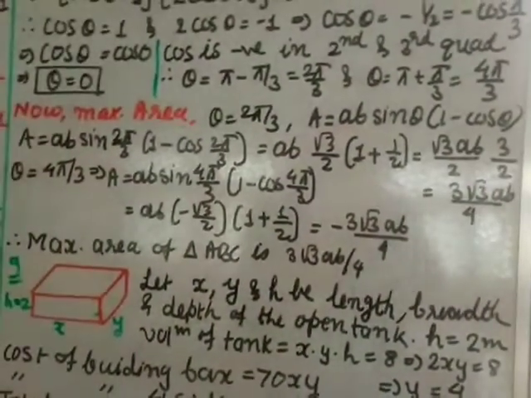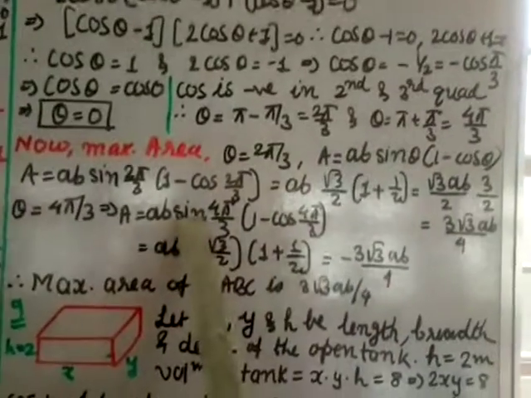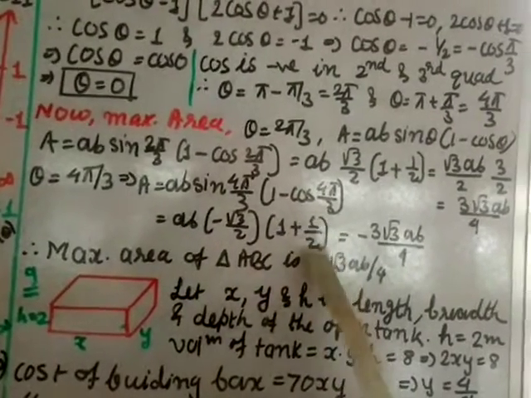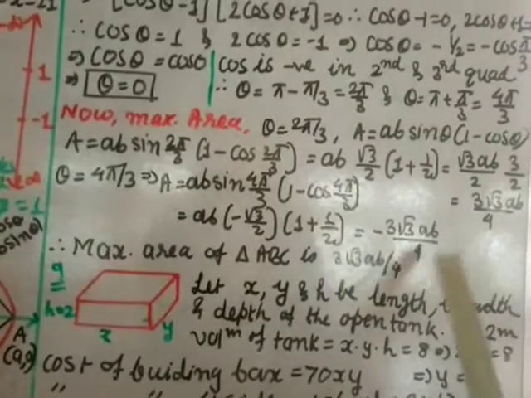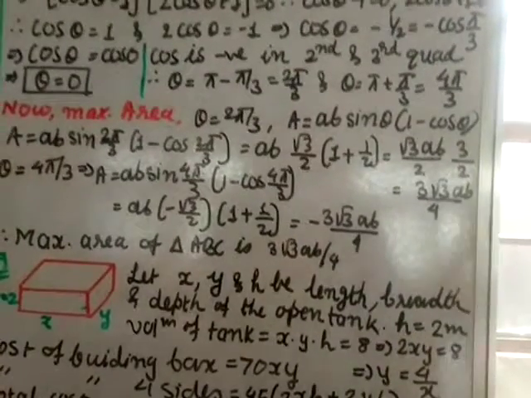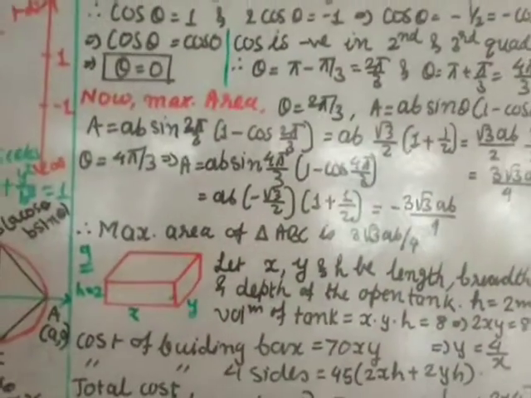Now we have to check for 4 pi by 3, because you got another answer 4 pi by 3. So theta is equal to 4 pi by 3. So here sine 4 pi by 3 into 1 minus cos 4 pi by 3. This is again third quadrant, sine is negative, so sine value will be minus sine pi by 3, that value is minus root 3 by 2. And this is negative, so it becomes plus 1 by 2 only. Take LCM, so 2 plus 1, 3 AB, and this root 3, and 2 into 2, 4. But this is negative answer, so we will consider that the maximum area only we have to find. So maximum area will be the positive one, negative not possible also for area. So 3 into root 3 AB by 4. So this is the area which is maximum area.